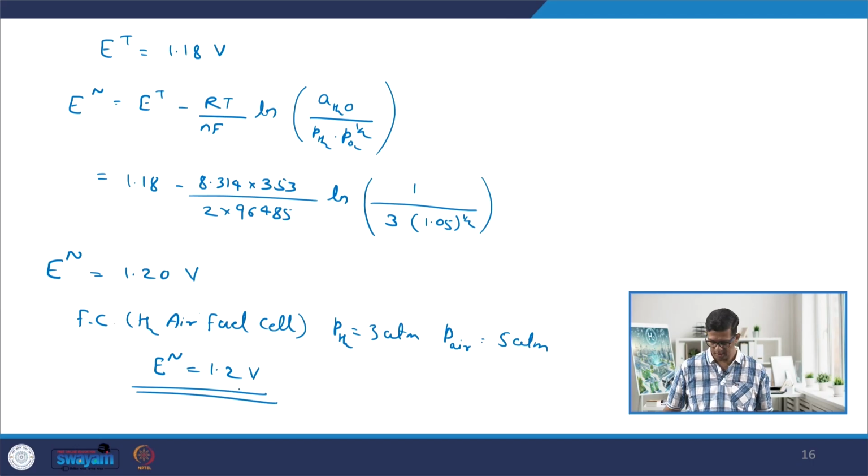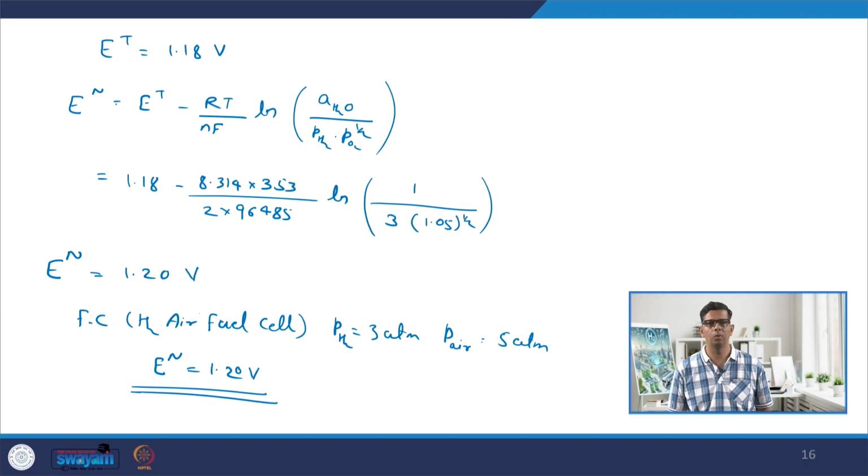So that is the meaning of having the Nernst potential. What it implies is, if we are operating a fuel cell or even the electrolyzer at different temperature and pressure conditions, particularly in a fuel cell, if it is operating at, let us say, 3 and 5 atmospheres of hydrogen and air respectively, we can expect the Nernst potential to be